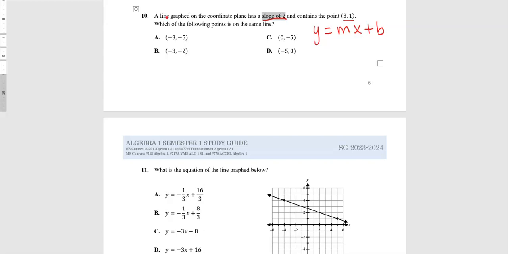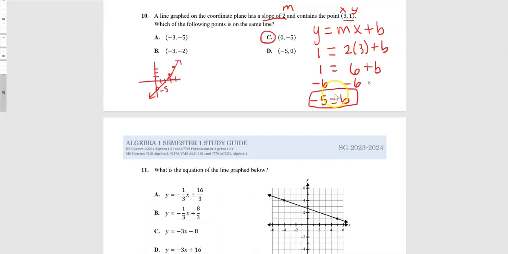Now you could use point slope formula, whichever one you feel more comfortable with. Because in 8th grade we use a lot of slope-intercept form, I feel very comfortable with this equation. But because point slope equation says point slope in its name, you could use that as well. I'm going to go ahead and replace the x and the y and the slope into my equation. So 1 equals 2 times 3 plus b, and I'm going to solve. All right, and with a little bit of movie magic, you can see that I've solved that my y-intercept is -5, which means my answer is C, because the y-intercept